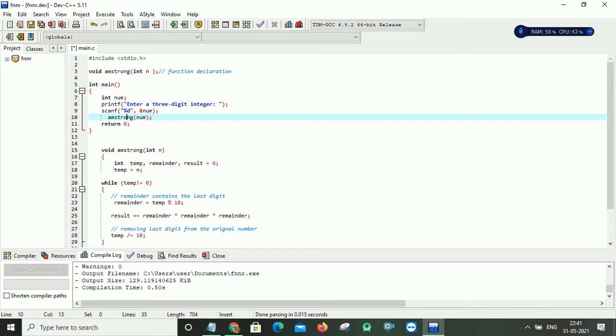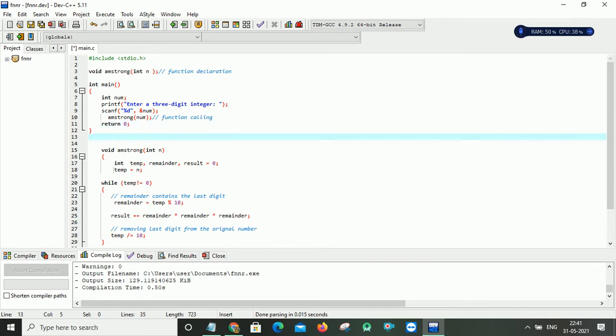So this is the function calling. In that function calling, I am passing one integer value. And this is my last statement in the main function, that is return 0.